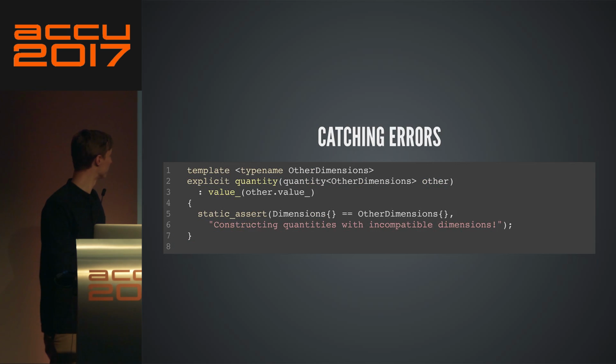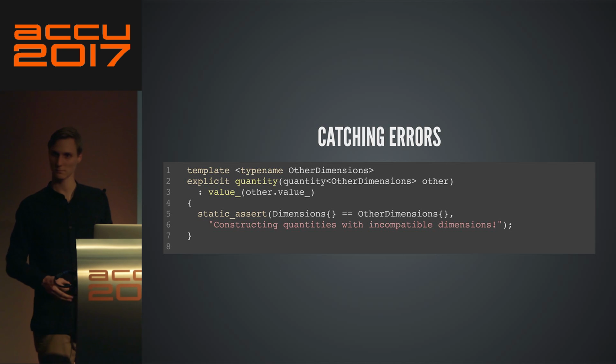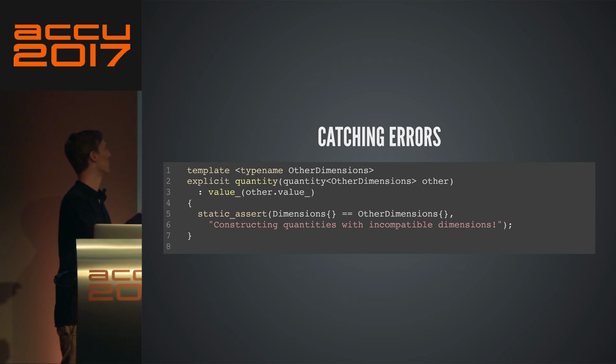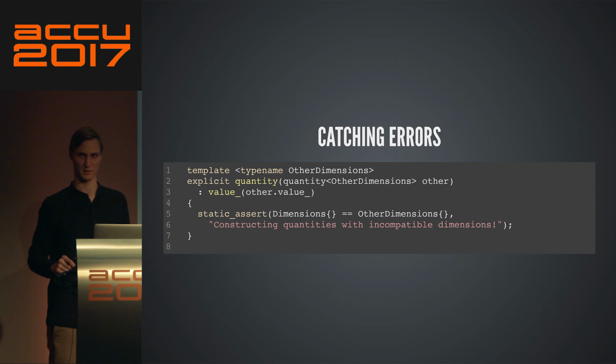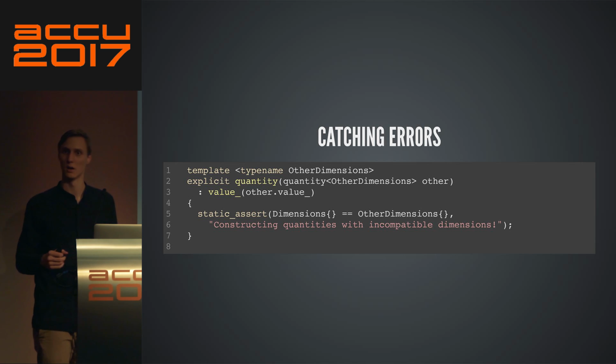That one there. Why provide that constructor at all? Why not provide one that... The question is, why do I provide this constructor, which is a template, as opposed to just a constructor that takes the right dimension? This is a valid implementation choice. I liked the fact that there was going to be a static assert telling me exactly what's happening, as opposed to no matching constructor, blah, blah, blah.